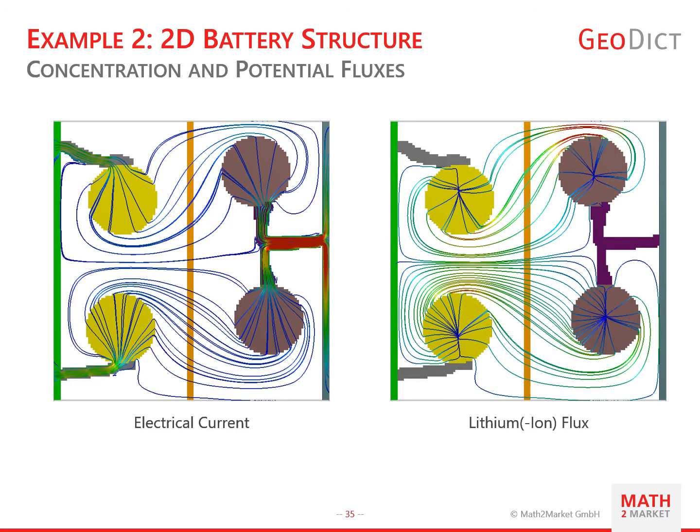The streamlines of electrical current start at the current collector and they travel through the carbon black and binder, active particles, electrolyte and separator towards the active particles on the other side, then over the carbon black and binder to the other current collector. The flux of lithium concentration starts at the center of active particles, and then lithium travels through the electrolyte and separator towards the center of the active particles on the other side.